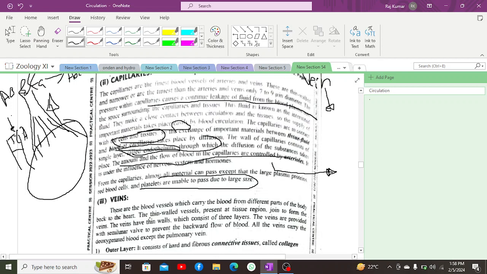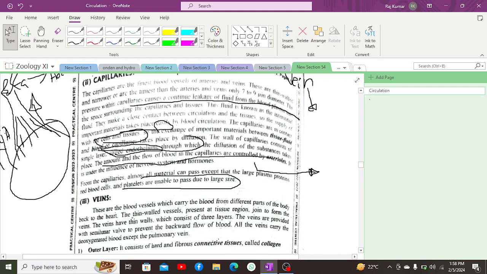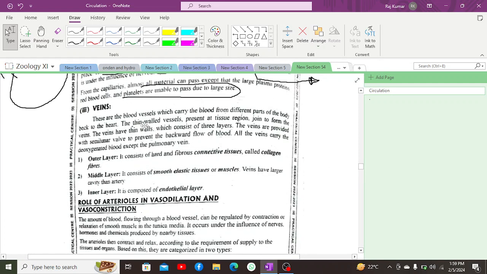Now, veins are the blood vessels that carry the blood towards the heart, and they are thin-walled vessels present at the tissue region, joined to form the veins. The veins have thin walls. They consist of three layers, and due to a larger lumen, they have less blood pressure. The veins are provided with valves in the wall to prevent the backward flow of blood, and these are non-pulsatile, such that we cannot hear the pulse because they do not have the capability to,